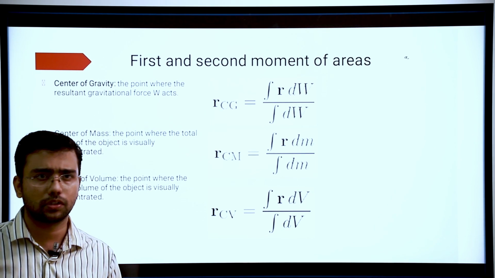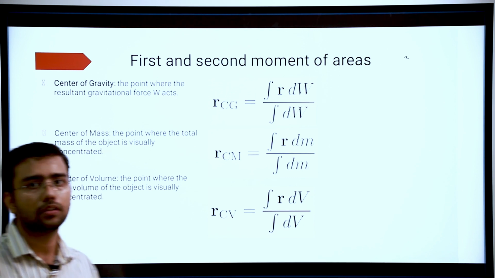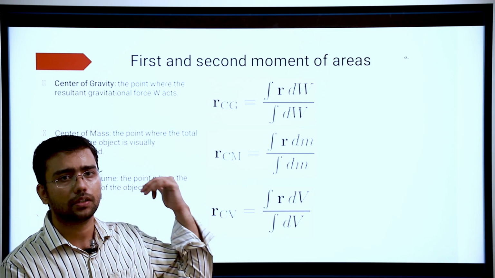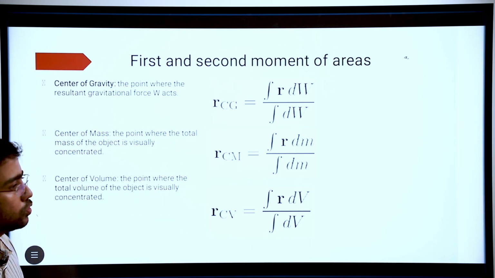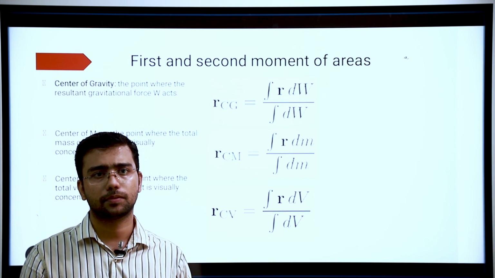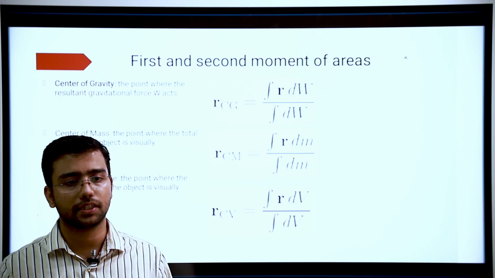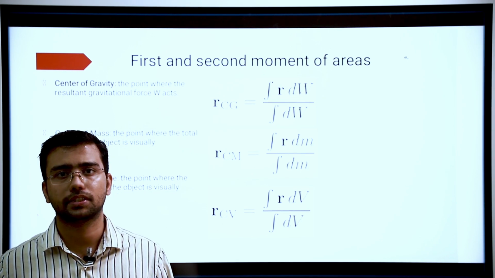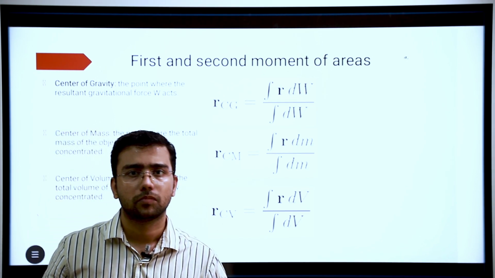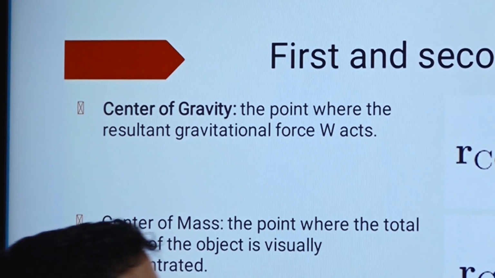So before going into virtual force, we are going to see this. We have finished our chapter 3, and now we are moving toward chapter 4. In between chapter 3 and chapter 4, we have this topic we have to understand: first and second moment of area. Moment of area is more important in engineering mechanics because most of the time we have cross section area. In bending also we have cross section area, and in fluid mechanics also we use a lot of cross section area. In those cases we have to apply these equations, the first and second moments of area.